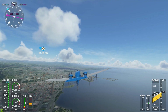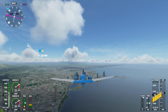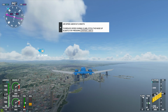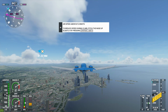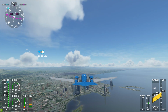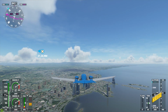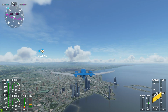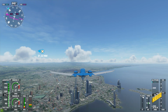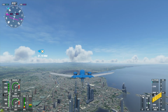Okay, this is Panama City. 80 knots, 87 knots, is it? So let's dial back a little bit and have a look at the skyline. This looks nice. I assume there are a few more tall buildings here. I guess these are the buildings that...